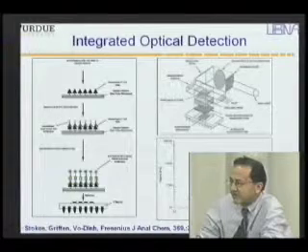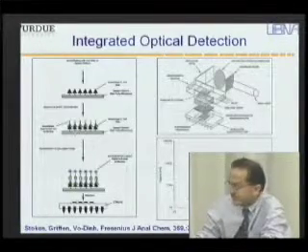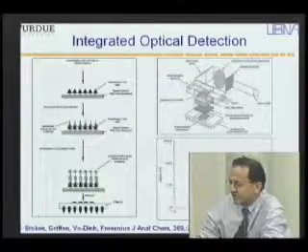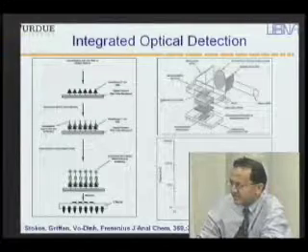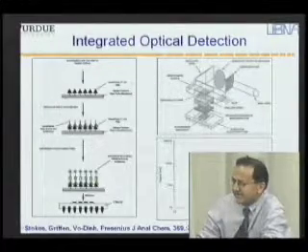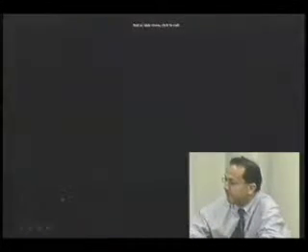And they actually show here the number of E. coli cells versus the optical signal in millivolts. So essentially you can detect down as low as a few hundred cells using this approach with an integrated optical detector. Okay, this moves up to the last slide, so I'll quickly move to the last set of slides,